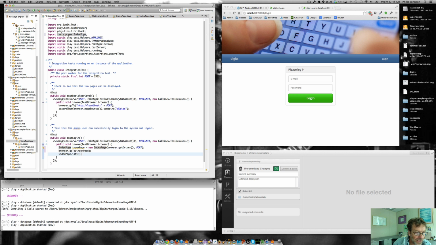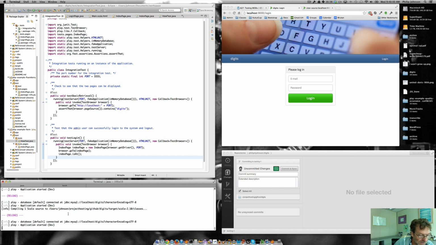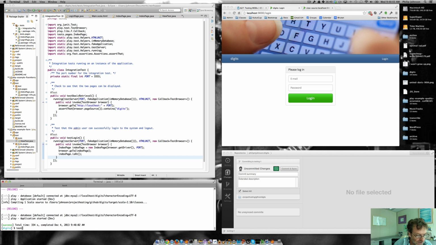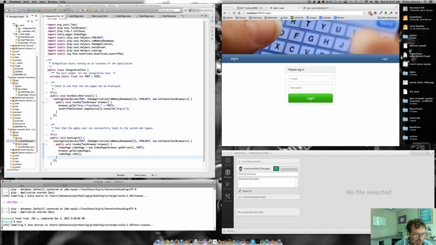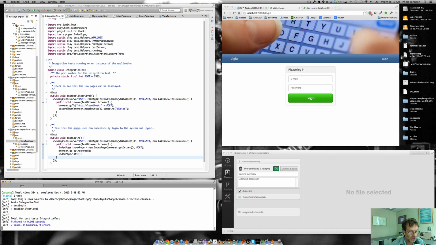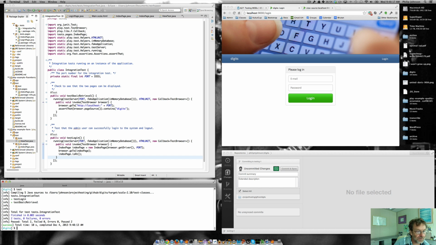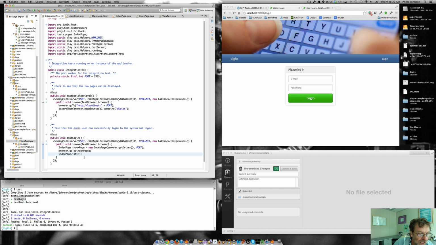Okay, so we're going to say index page, and then we're going to go to the index page, and then we check to see that we are at the index page. And actually, it'd be fun to just simply run that test. So let's Control D out of here, and just make sure that our index page method is working okay. If it's not working okay, then this index page is at, which has that assert inside it, is going to fail. Okay, so we can see we ran this test login, it all passed, so